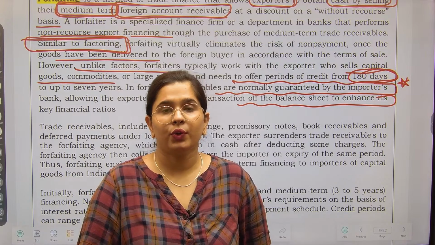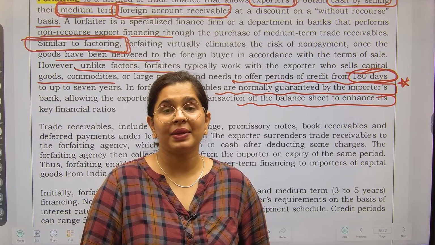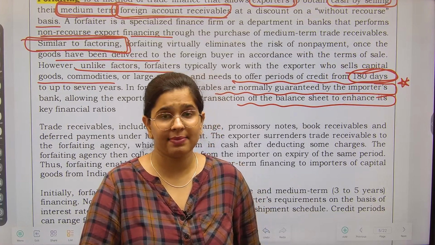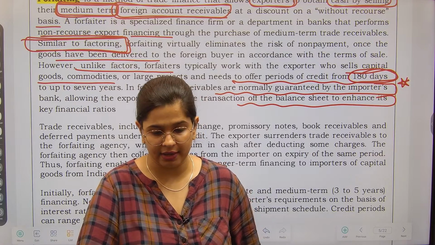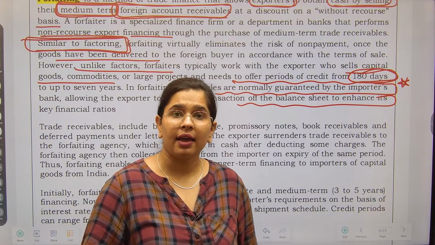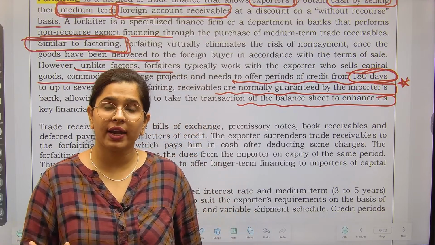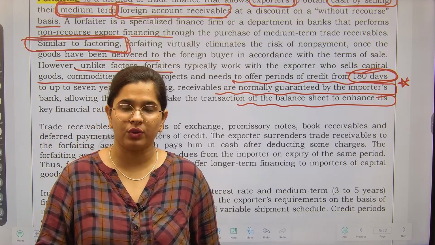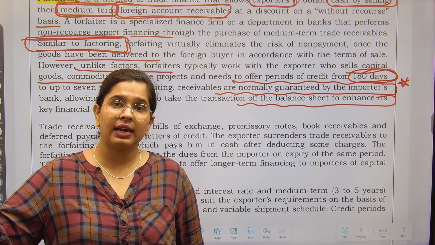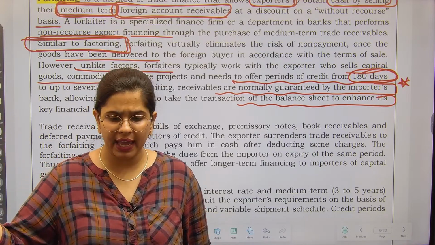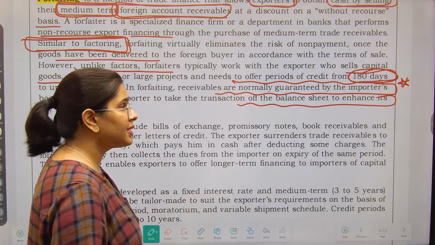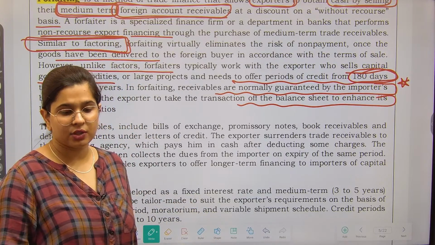See, why we are doing this, the number one thing is it is a medium term invoice, right? You might be getting the payment in 6 months or it might take up to 7 years. ठीक है, 7 साल भी लग सकते हैं. So what you want is the finance, you want your forfeiter to discount the bill for you. ठीक है, वो आपको अभी पैसे दे दे and later on whenever the collection comes from the customer, the forfeiter can take it, right? So this is the purpose of involving a forfeiter, and this is why, because the bad debts related thing is not there.